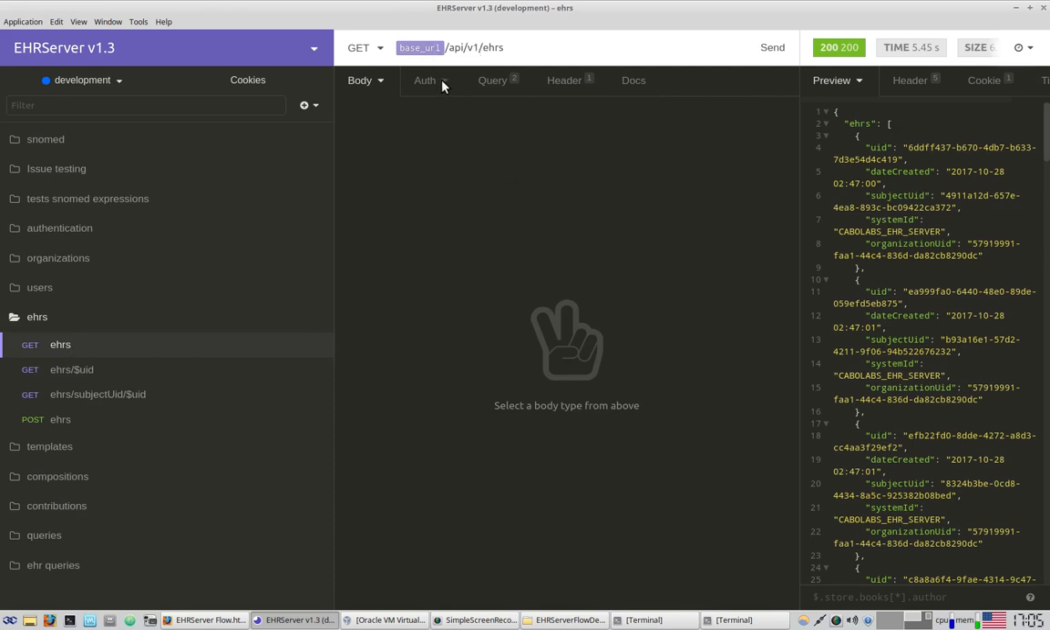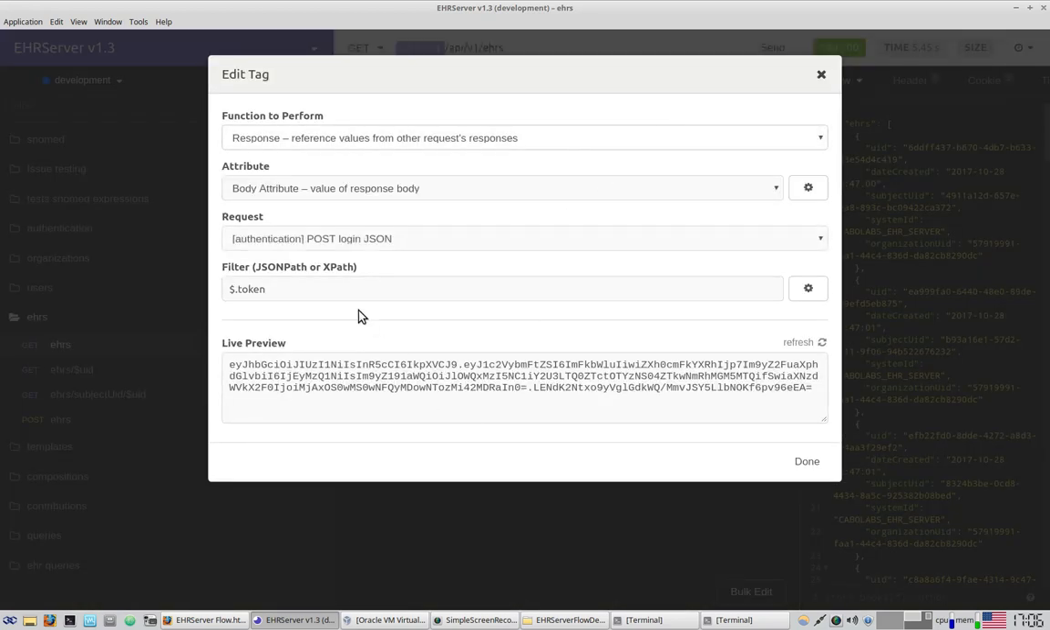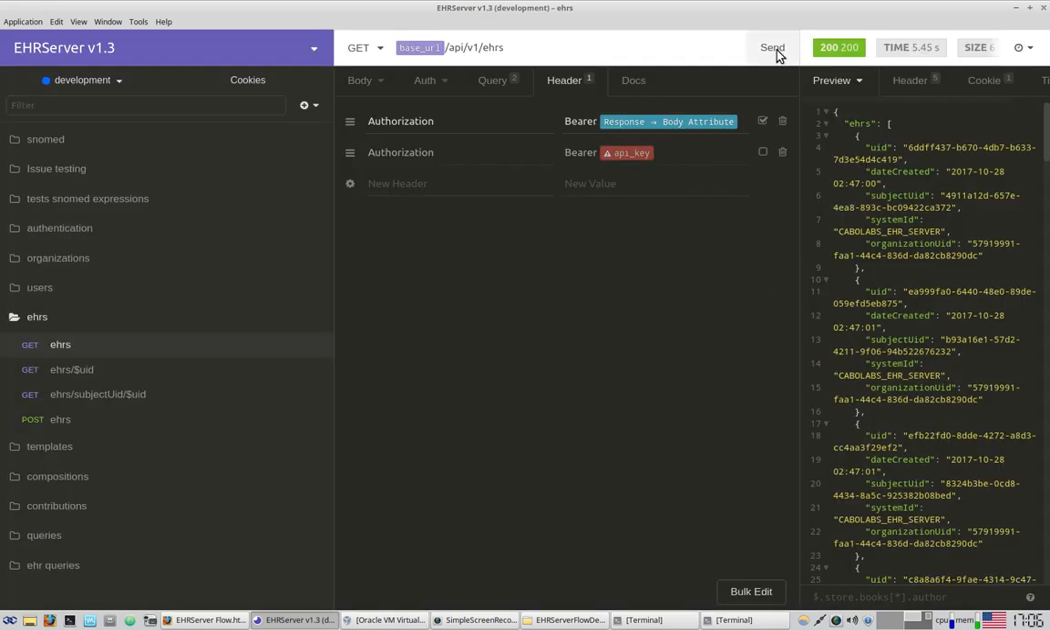I will get the EHRs in the EHRServer. And if you check here, I will use the authorization. This should point to the authentication post login, and this will be the response. And this way I reference that response. This is referencing a specific data field in the previous response of the login call that I just did. So this looks good. Is my token, and I will send this